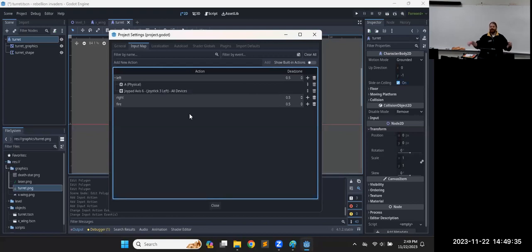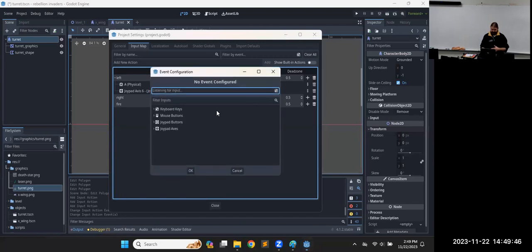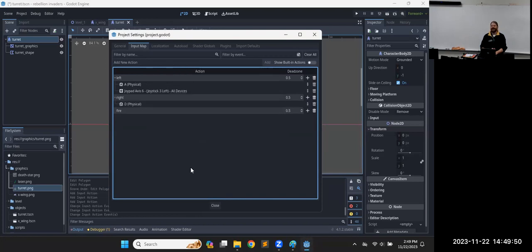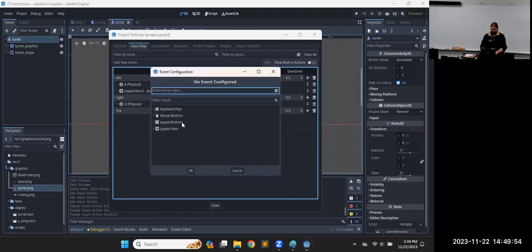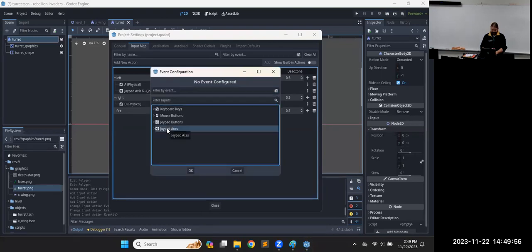Or if you actually had one with the USB connection, you could just plug it up to your computer and push that button so it could listen to it. And that way it would work on those things, if we paid the money to publish for Xbox or PlayStation. So that, and we can't listen for it, so we just go to joypad axes and